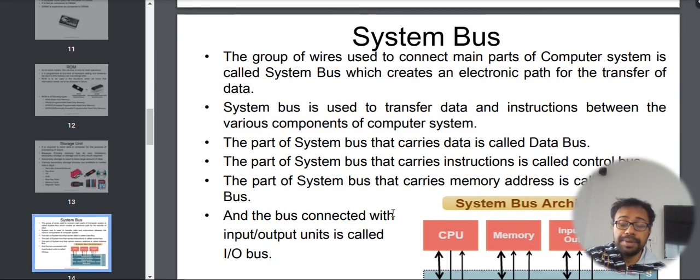So we have completed the entire memory concept. From next class onwards, we'll again revise the system bus, and that particularly I will teach you at the school campus itself, because from first you all are coming, and also we will have a bit of theory discussion, and then we will go for the practicals.